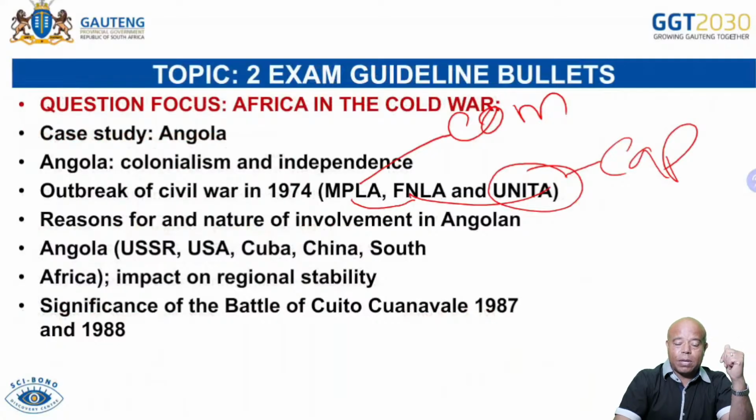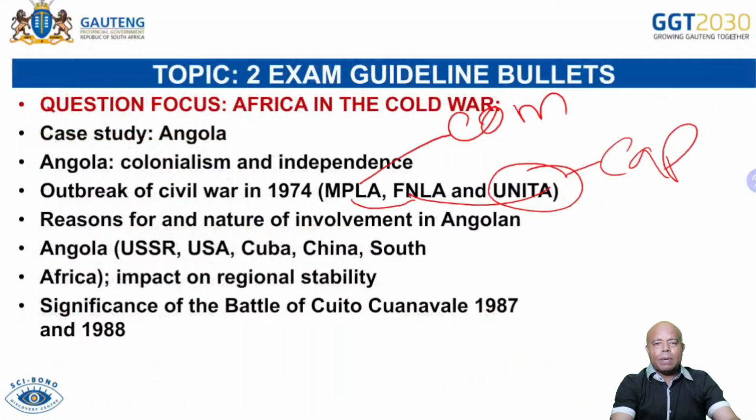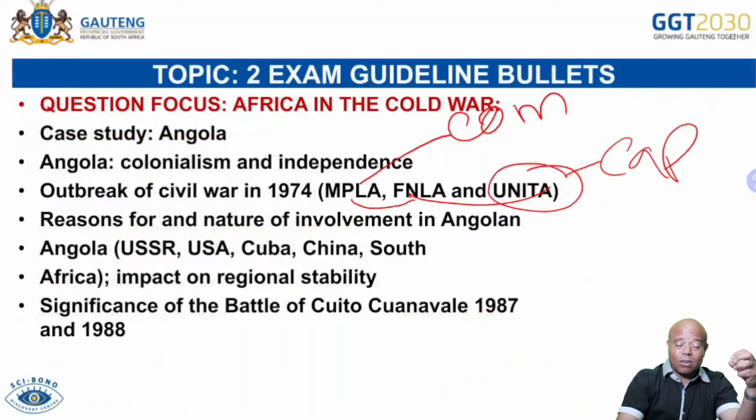South Africa was involved because they were capitalists, they supported the Americans, and they supported UNITA also. But why was South Africa also involved? Because the MPLA became the ruling party after independence. If Angola becomes a communist country, Namibia was a province of South Africa, so South Africa would also become a communist country, and this is the reason why South Africa was involved. Why the Americans? The Americans supported the South Africans financially, and UNITA also financially,